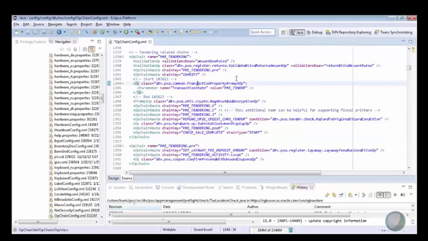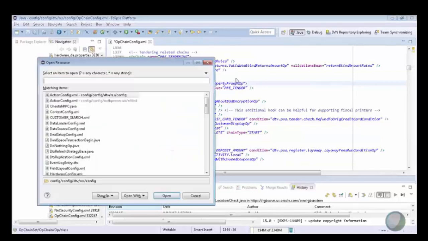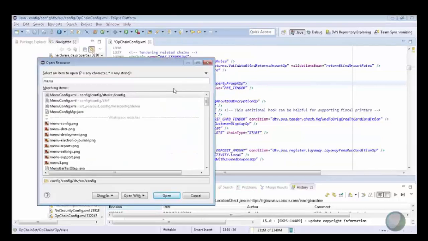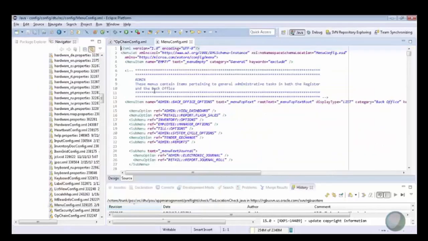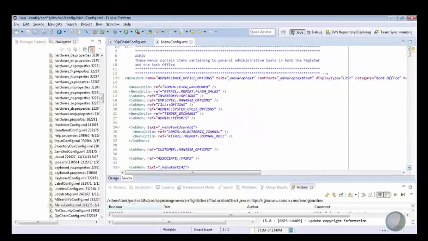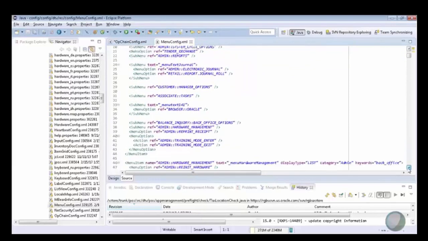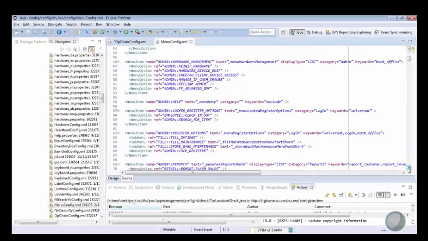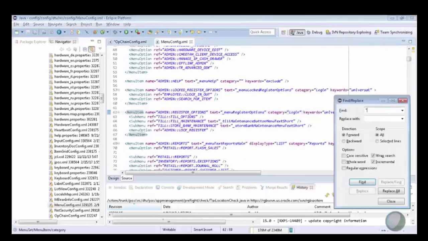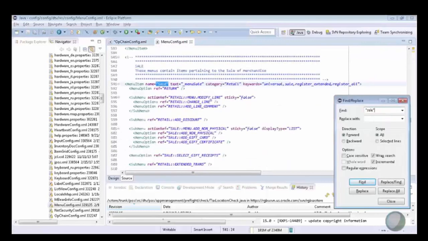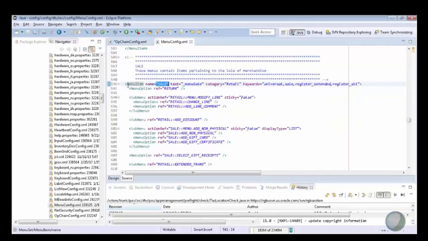The last thing to look at in OpChainConfig is how chains are bound to menu options in XStore. So if I open up the menuconfig.xml file, which is the primary file that controls how all the function key and context menus appear to the user, this file is just a big list of menus. If I look at the sale menu, which is defined right here on line 591,